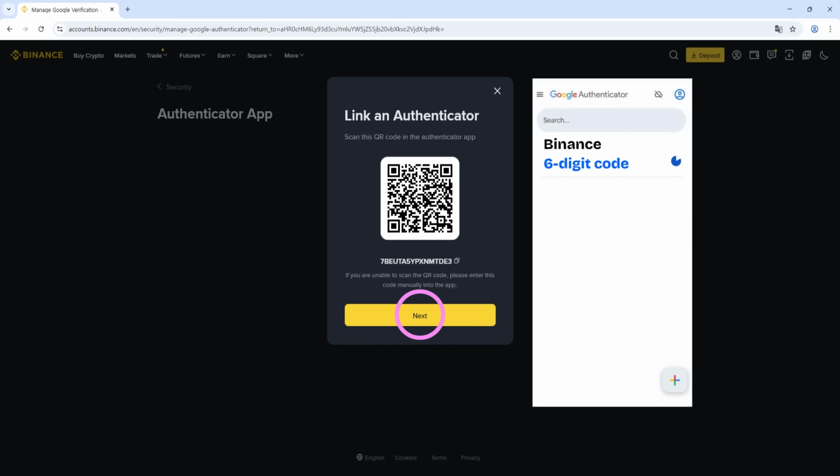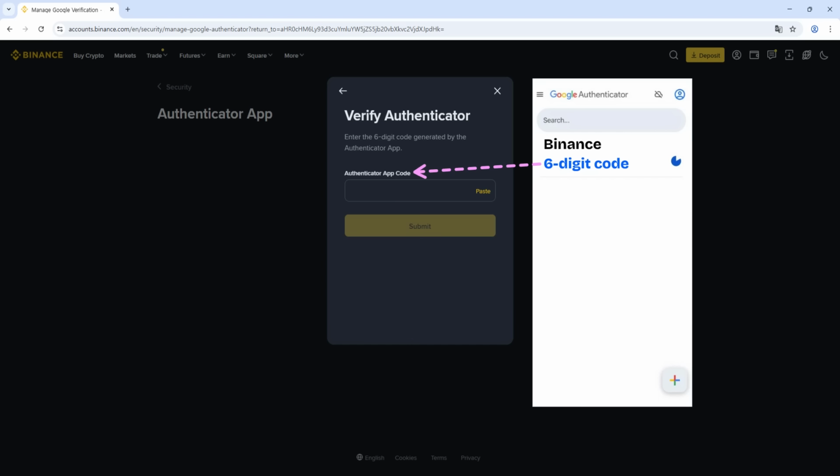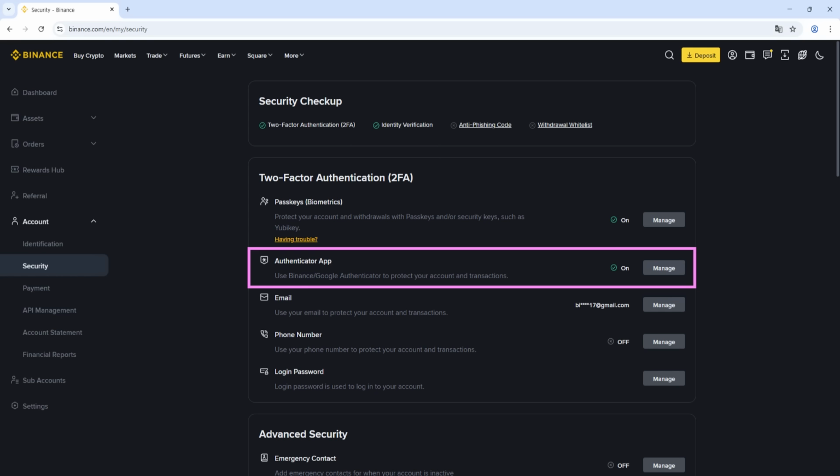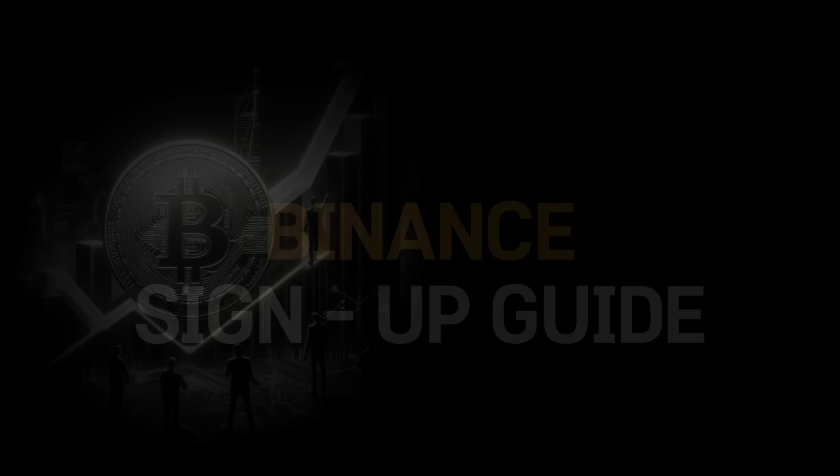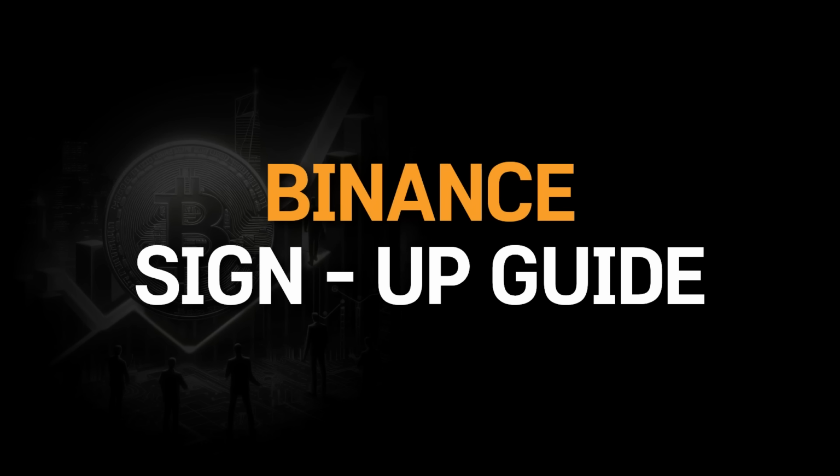Now click Next on the Binance PC screen. Enter the 6-digit code from Google Authenticator into the field. Once this step is finished, Google Authenticator will be fully set up. In this video, we introduced you step by step how to sign up for the latest Binance and set up